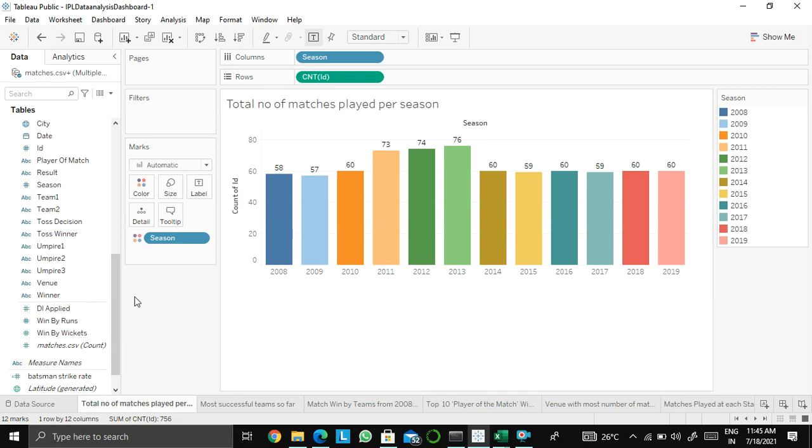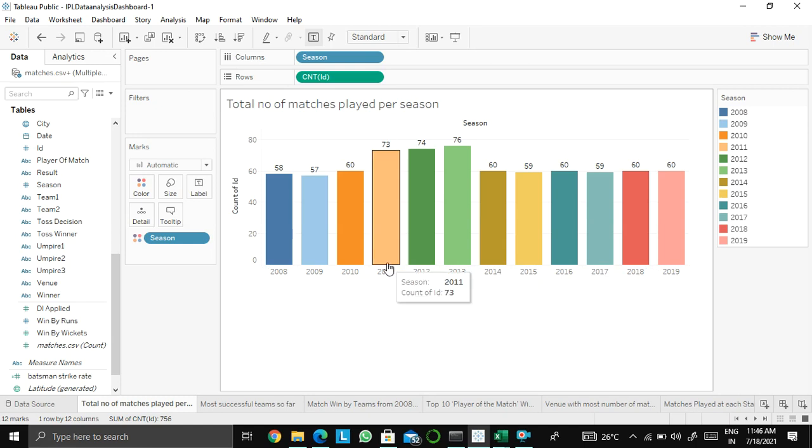Coming here, it's a bar graph. We can see that in 2018, 58 matches were held, and in 2019, 57. So around 50 to 60 matches were played in each season starting from 2008 to 2019.